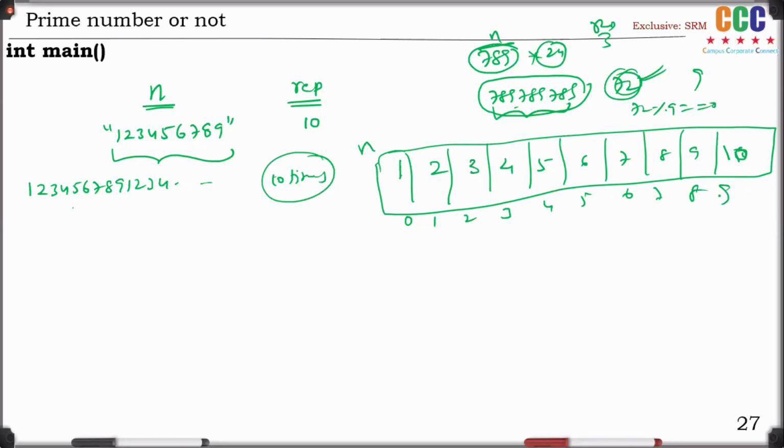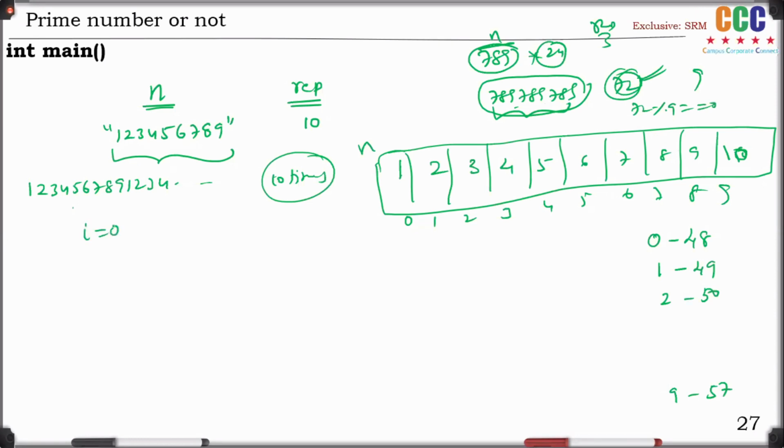Actually, zero's ASCII code is 48. One's ASCII code is 49. Two's ASCII code is 50, like that. Therefore, nine's ASCII code is 57. Okay. Now write the logic.